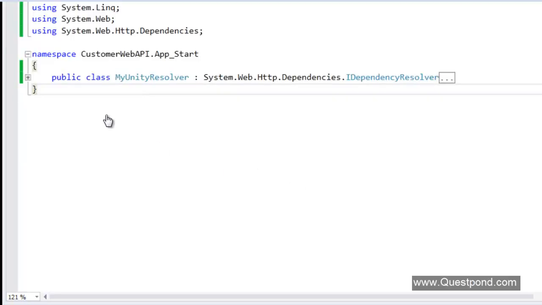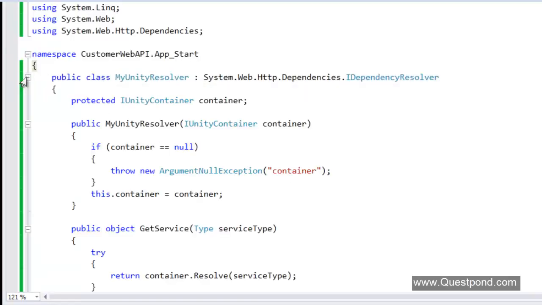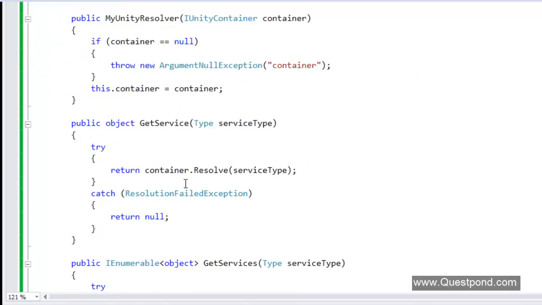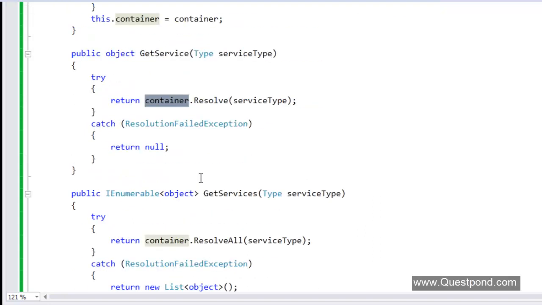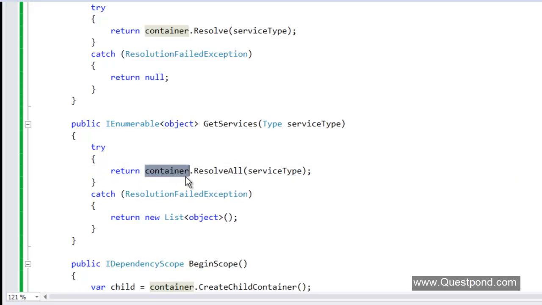That is good. So this my Unity resolver class is nothing but a wrapper around the Unity dependency injection framework. And the main purpose of this class is to decouple the MVC application from the DI framework. So you can see here, this Unity resolver does nothing; depending on the service type, it just calls the Unity container to resolve and do the dependency injection. Rather than going through all parts of the code, you can see at least this GetService method here, it is just making a call to the Unity container. If you go further down below, there is a Resolve method. It also makes a call to the container.